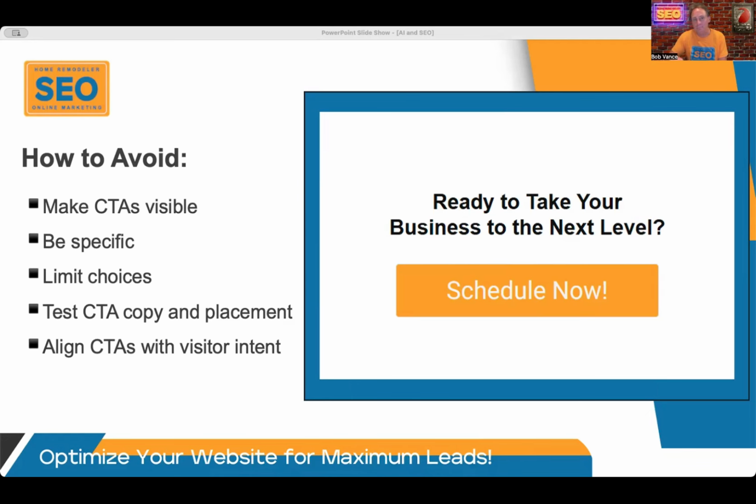And then make sure you're aligning CTAs with visitor intent. Service pages should have a "request a quote" kind of button. Blog pages should have "download the guide." It's directly what you want them to do. It's directly what that page is about. So make sure you get that dialed in as well.